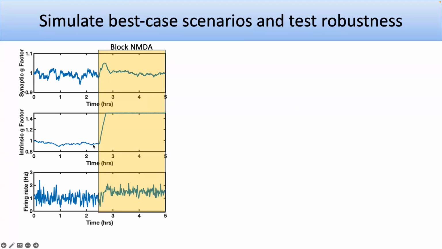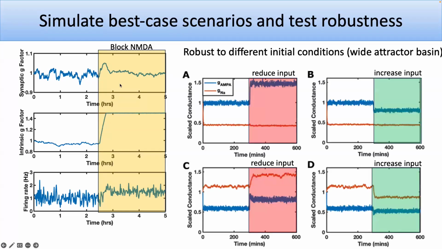But it relies on a couple of things. We need the mechanism that is observed to have been affected to max out at just the right level, so you don't see a change in the other one, to match the experiments. The other thing we find, and I should say this works reasonably well in different circumstances, is that we can reduce input. We can start from different initial conditions. So you could get a range of rates and it can still be stable.